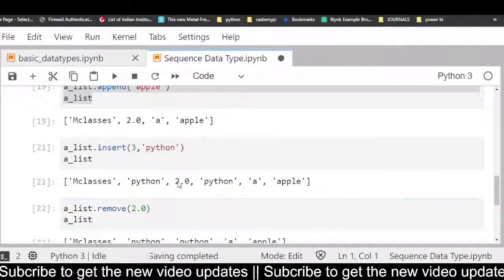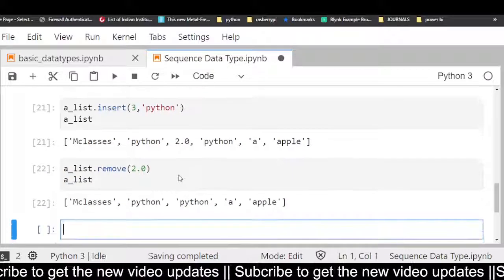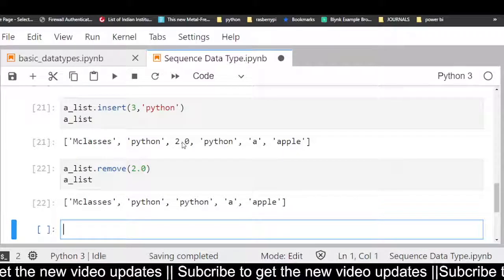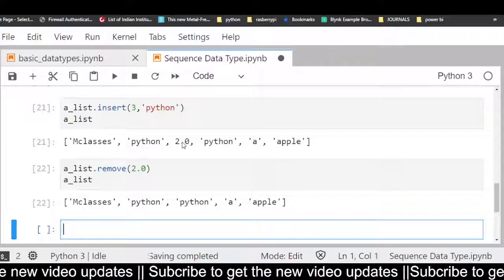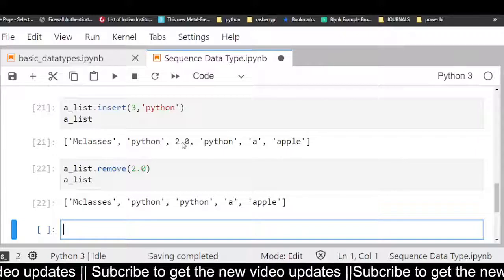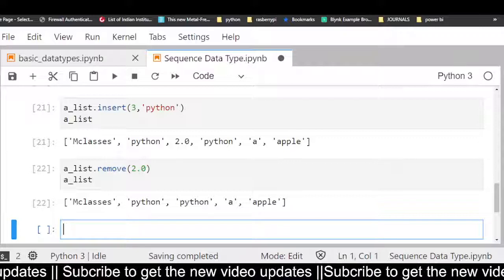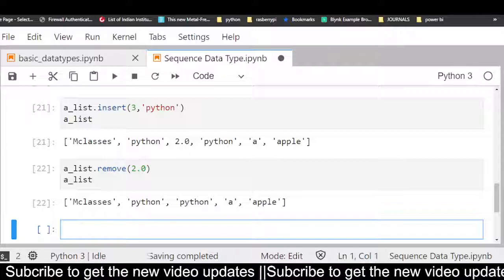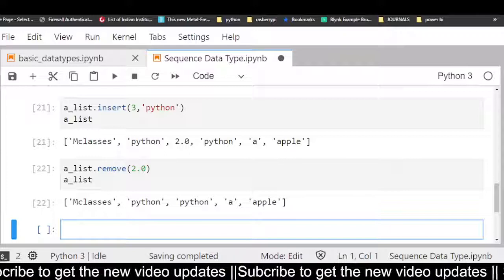Okay, so now let us see what happens to the output. See, the 2.0 is now removed from the list. So in this way you can add an element, you can insert an element, and you can remove an element from the list. Okay, so next is looping through a list, means how you can use the loop function